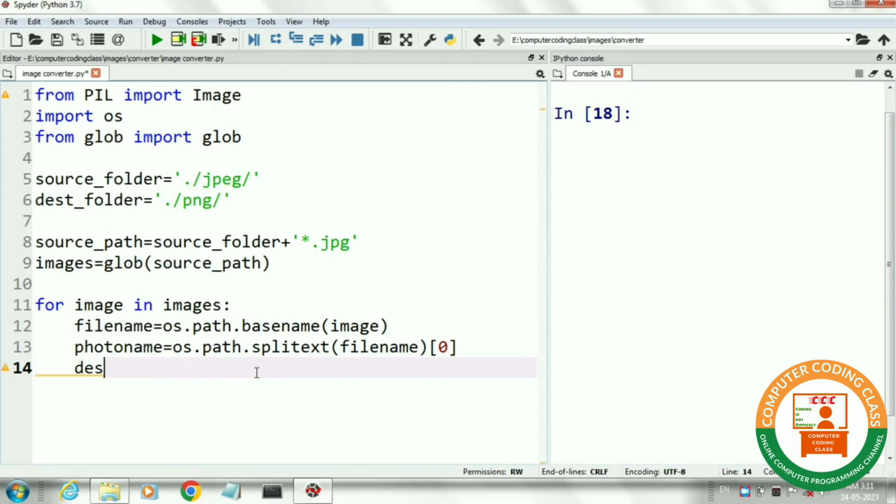Next, I will set the path of our PNG files. For this, I will use dest folder plus photo name plus .png. That will create a full path of all our PNG files.